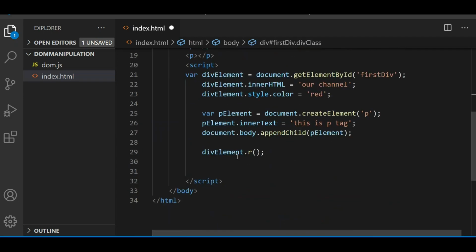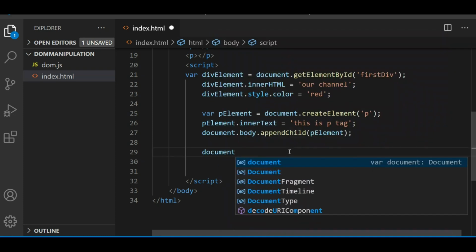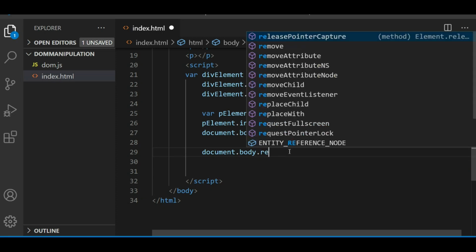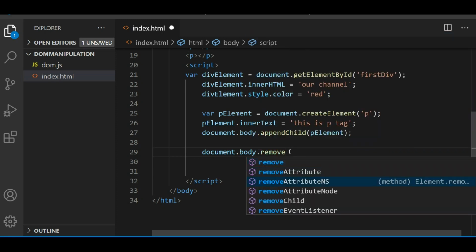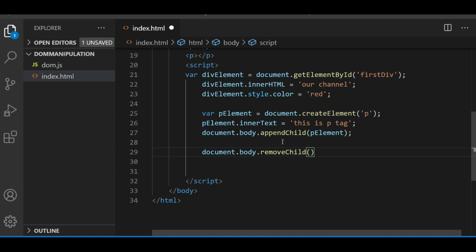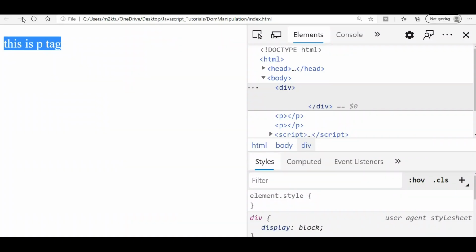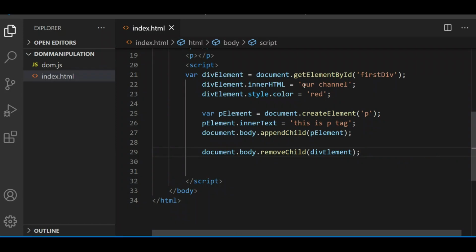So I can also write document dot body dot remove child, and I just pass the reference of the element which I want to remove, in this case this one. So this will also work, and here you can't see our channel anymore. Okay, so this is another way: from the parent you can remove the child. These were some of the methods you can use to manipulate your DOM.